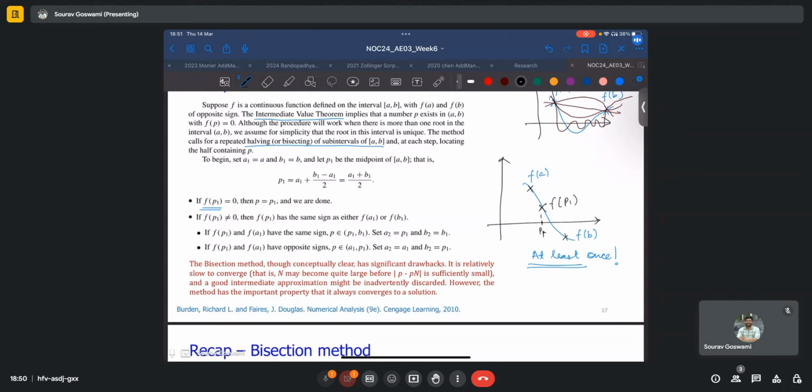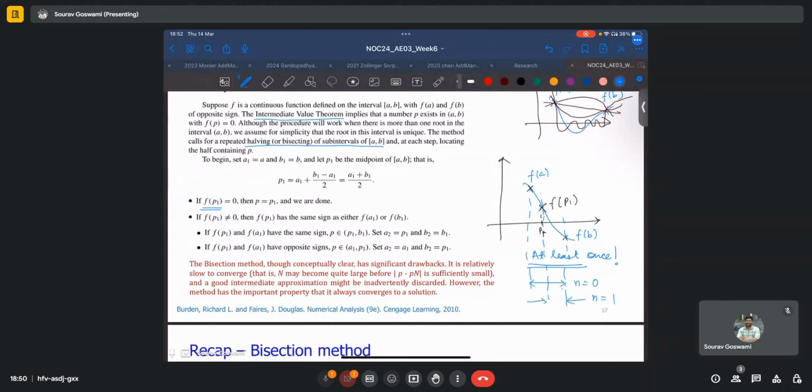And thus we can see that originally we started with, say, this interval. After one step, though it's not exactly at the midpoint, but still, this is the first iteration. Our interval or the window which we're